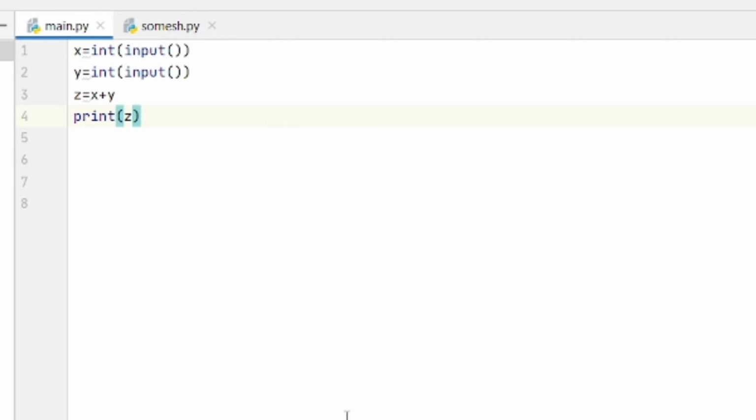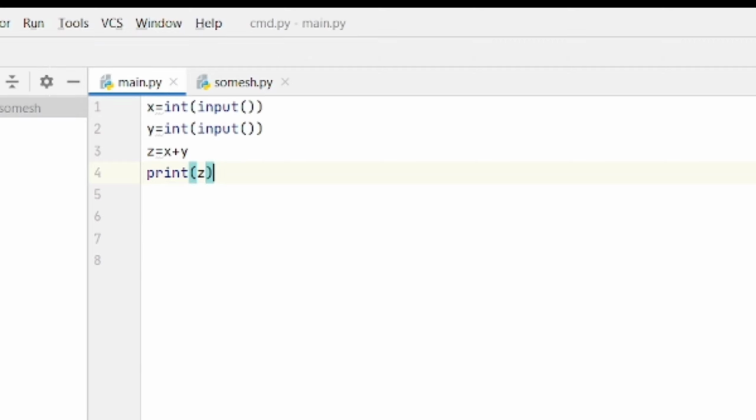If you type this program in the Python shell, after typing x is equal to input, it will ask the user to give the input at that time. But in IDLE, only after the execution of the total program will we give the input. If we run this code by clicking run here,